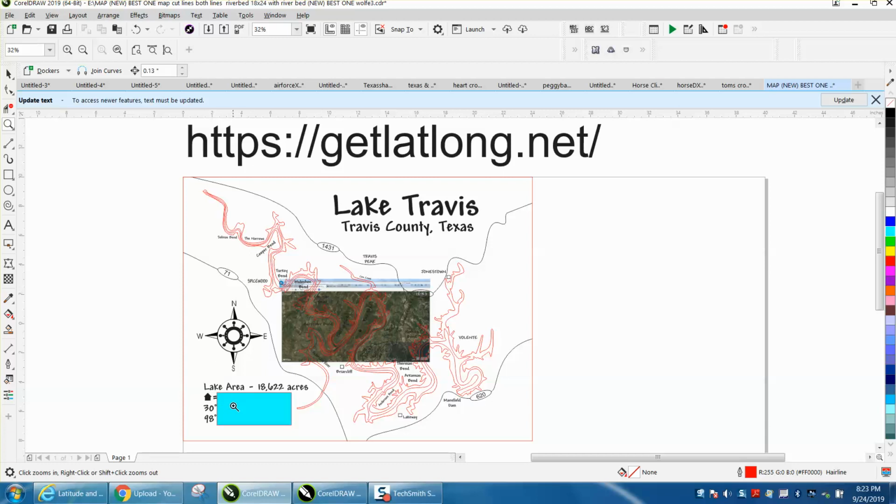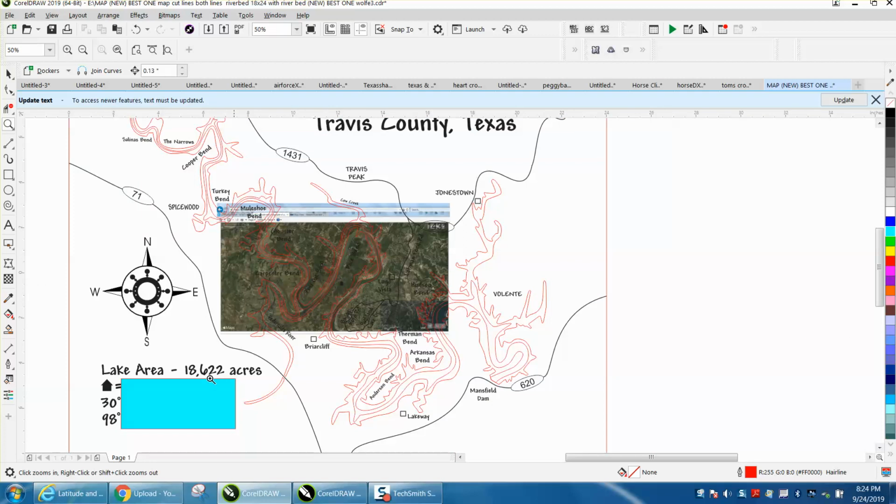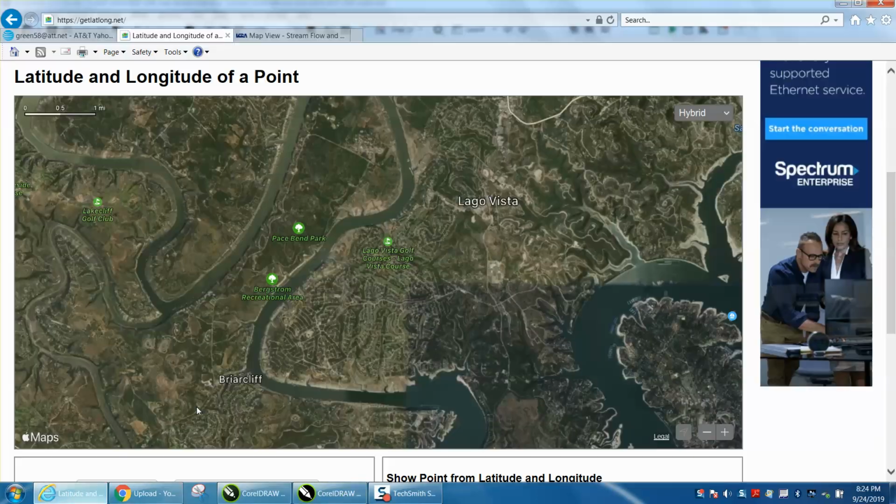Somebody asked me today via email how I put the longitude and latitude, and this is a real map. I've taken out their name or their longitude just to protect their privacy. But I brought in a picture of the map off the site, and I put a house where I wanted, and then I put a house equals, like any name of their lake house or house, and then the longitude and latitude. But if you just go to that website,